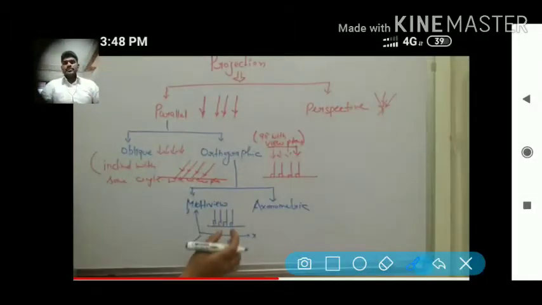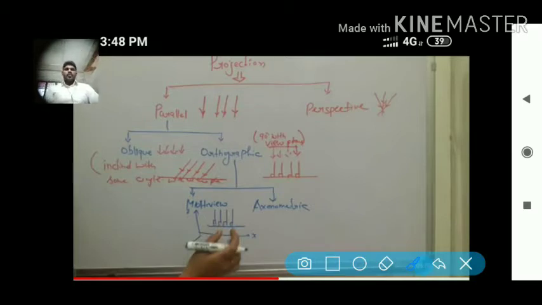So look here, projections are classified into two types, parallel projection and perspective projection. I am talking only about parallel projections. Parallel projections are again classified into two types. The first one is oblique and the second one is orthographic. Oblique is again classified into two types, Cavalier and Cabinet, and orthographic is also classified into two types, multiview and axonometric.